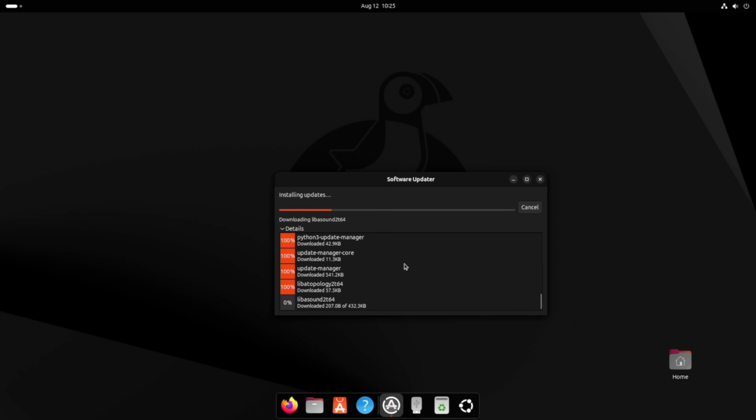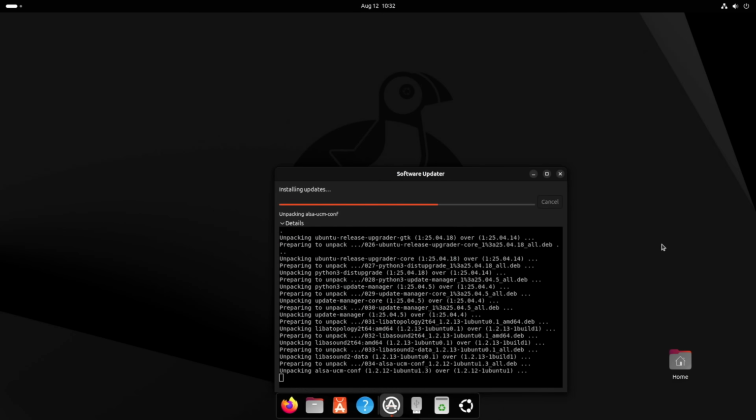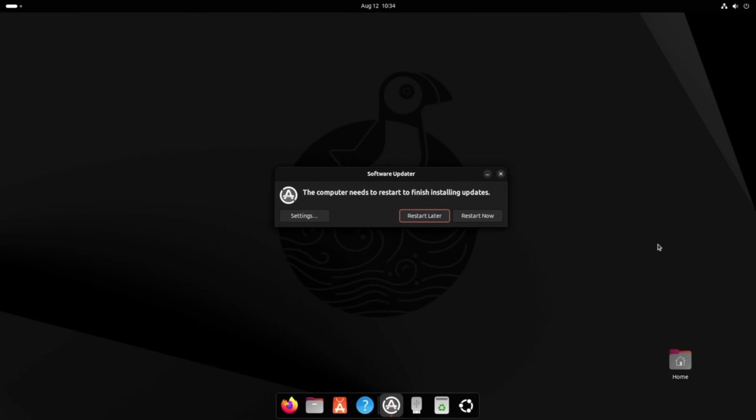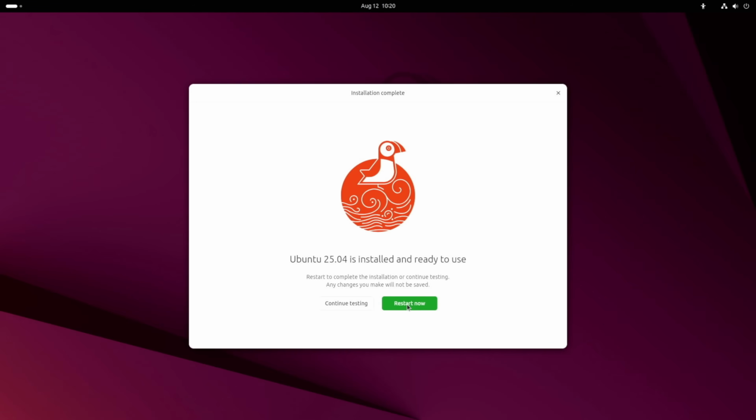So I guess I'd better update. The password is the same that I put in the installation process. And then we'll wait for these updates to get out of the way so we can continue using our computer the way we want to use it. Oh, but wait, no, we're not done. We have a prompt to restart. Remember that final screen in the install process that said we're ready to go? Doesn't feel like it was being honest.